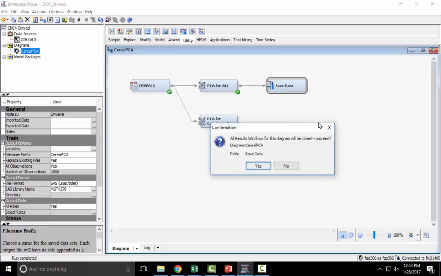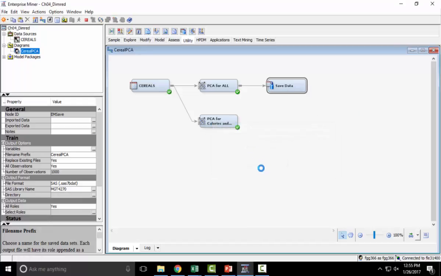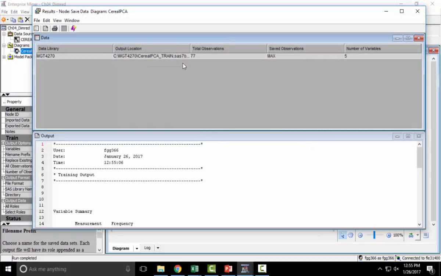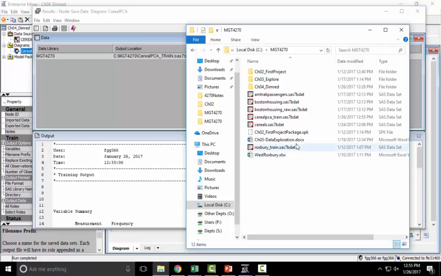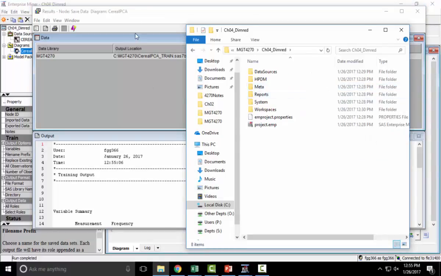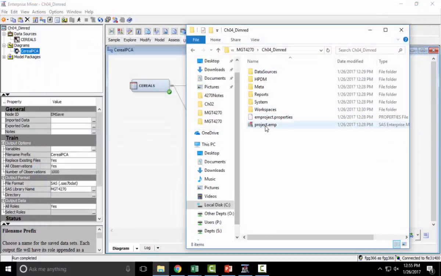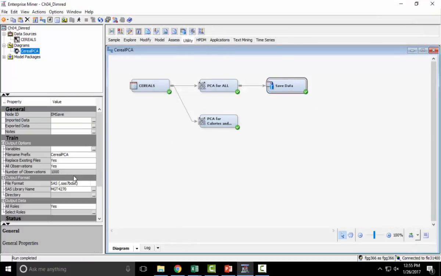So now if you run, the output of PCA will get saved into, so here is where the file will be saved. So that's your library. If you don't specify a library name, then it will be saved elsewhere. Okay, that's another piece of information that you may want to remember. If you don't specify, so for example here in the save data, suppose you don't specify anything here,